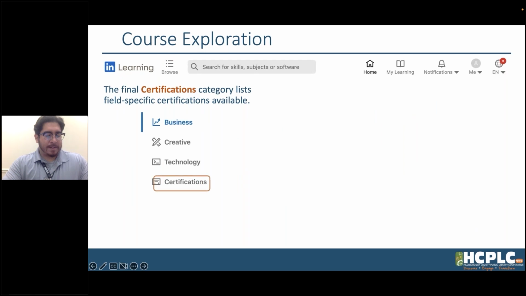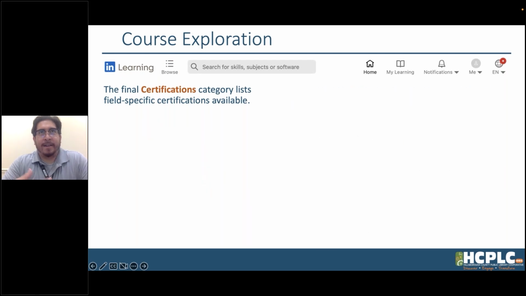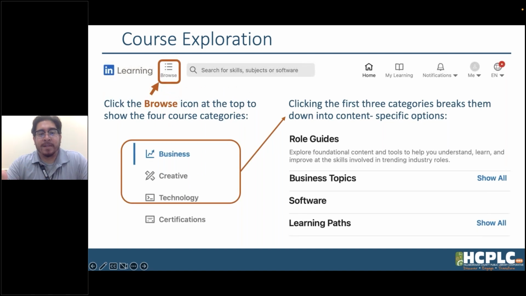So as a general breakdown, role guides are kind of curated links of different courses and stuff like that that we have available that are specific to a job title. Topics would be more specific to classes that would be related to skills in that job title. Software would be more specific to software that's relevant to that job title, and learning paths is kind of just like a